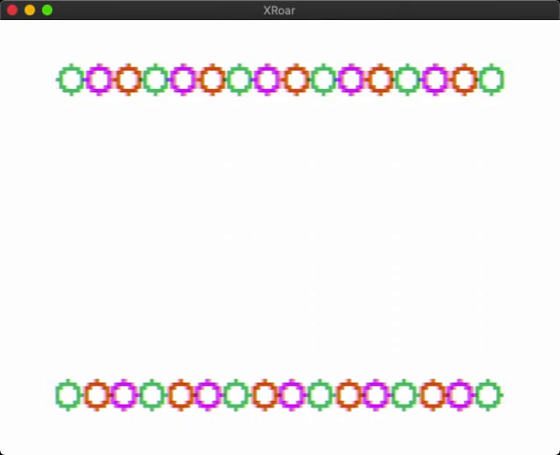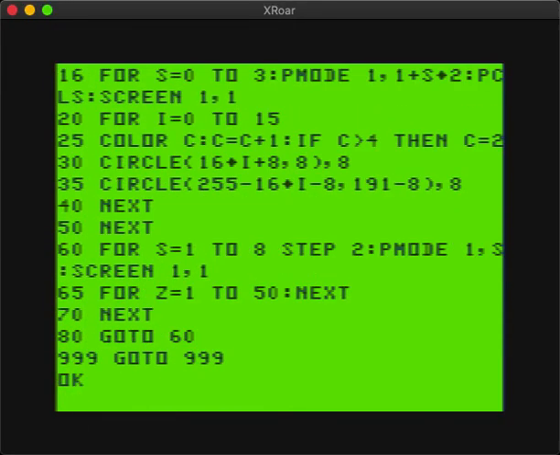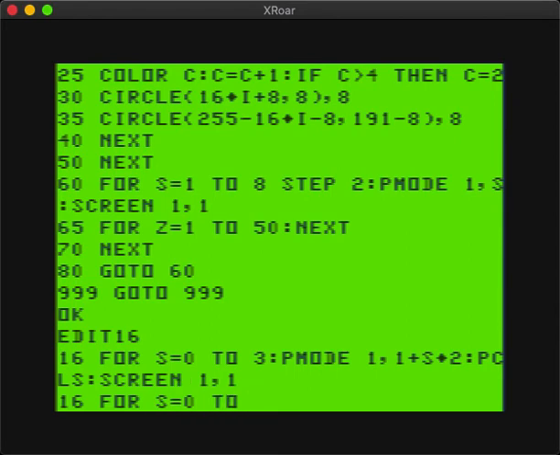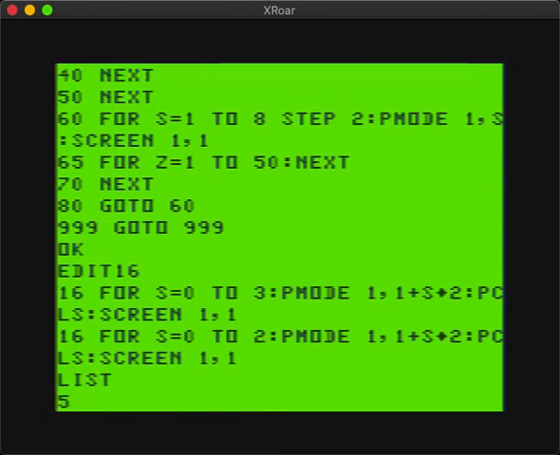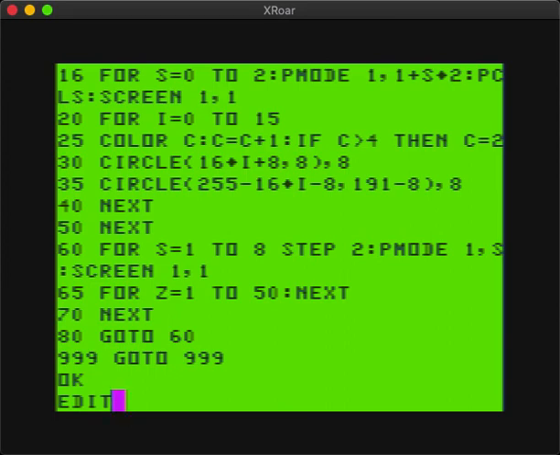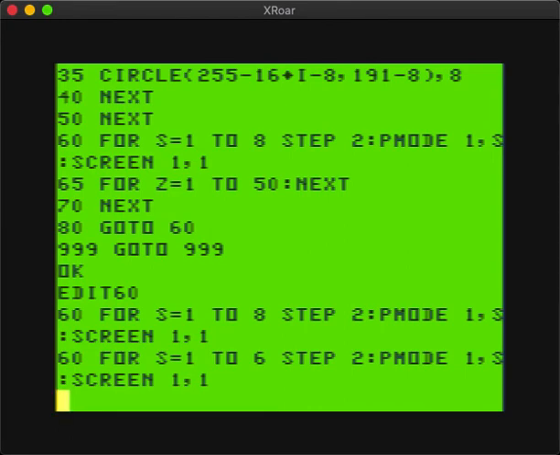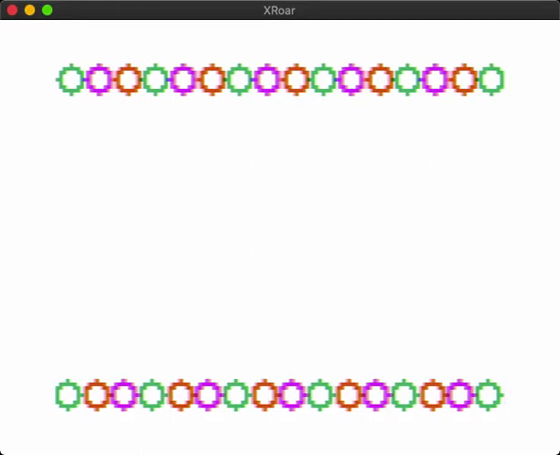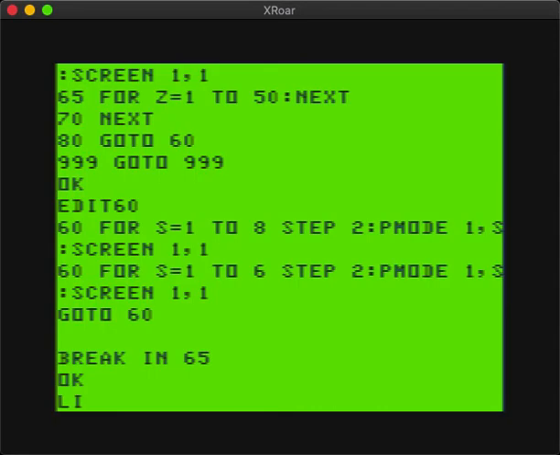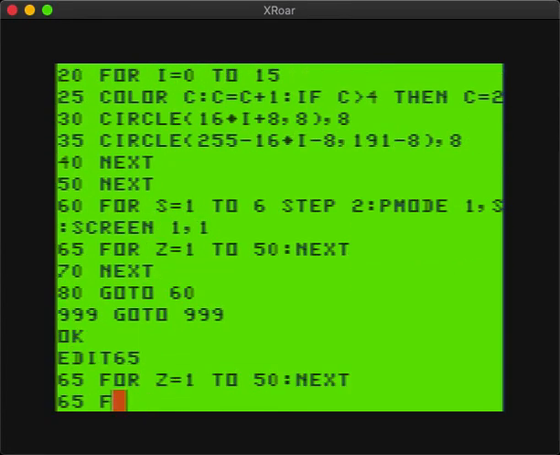Not quite perfect because I'm using 4 pages and there's only 3 colors. So really what I need to do is when I'm creating the screens, I probably just need to change this to a 2. So it's 0, 1, 2 it counts. And then at the bottom when I'm playing it back, so it goes 1, 2, 3, 4, 5. If I do it like that, and I think if I just went there, you'd get more of a shimmering effect. It's not perfect. The things are still kind of bouncing around, but it is kind of an effect that